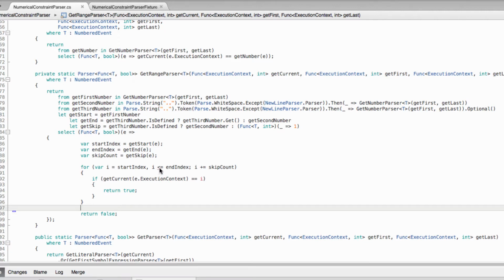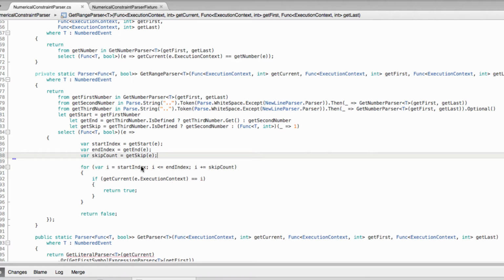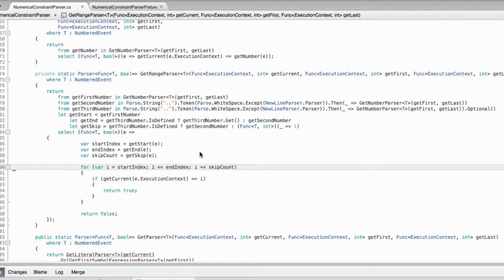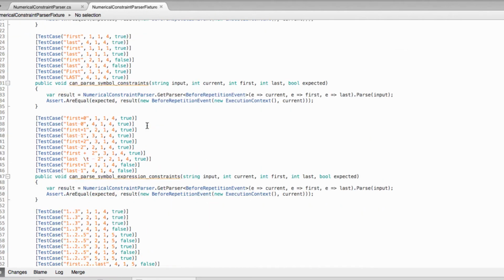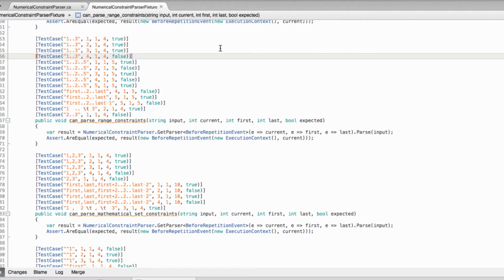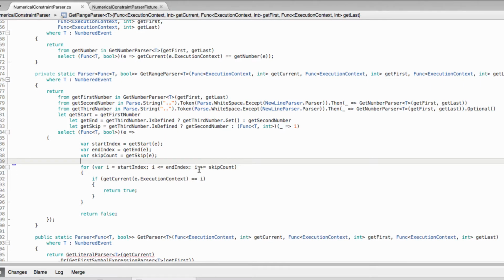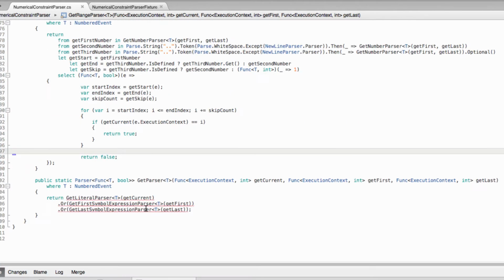It doesn't look like it's going to build because I've got a comma there instead of a semicolon. And also we probably need to check that the start index is less than, well, it doesn't really matter. It just means if you specify a range of 3 to 1, like that, that's essentially an empty range. And that's fine, that makes sense. We could add a test for that. So if I say 3 to 1 and the current number is 2, then that should be false. Right, so now,